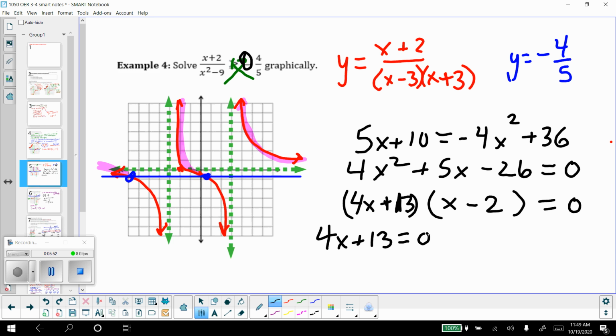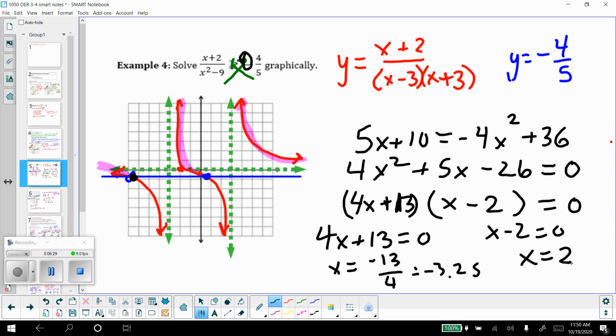We take 4x plus 13 equals 0, so x equals negative 13 over 4. So that would be what, about 3.25, because 4 goes into 13 3 times with 1 left over. So negative 3.25, so I'm assuming that would be a good representation of that point right there at negative 3.25, right? And then our other factor, x minus 2 equals 0, gives us an x-intercept, not an x-intercept, sorry,